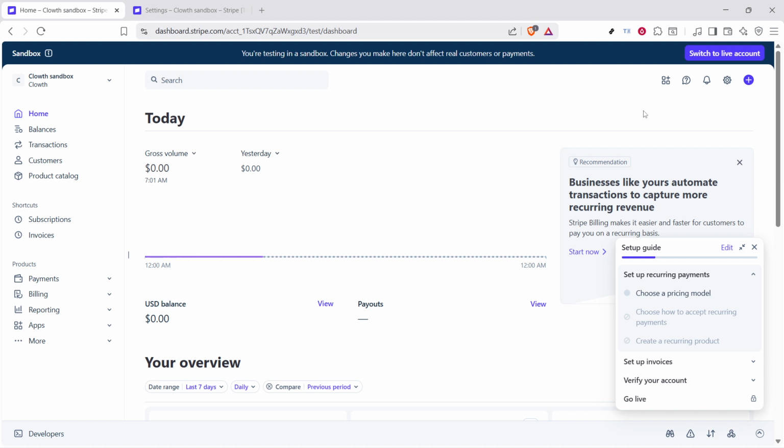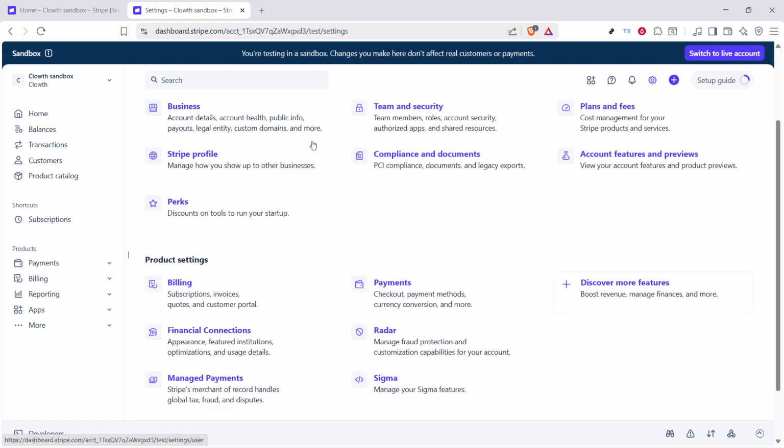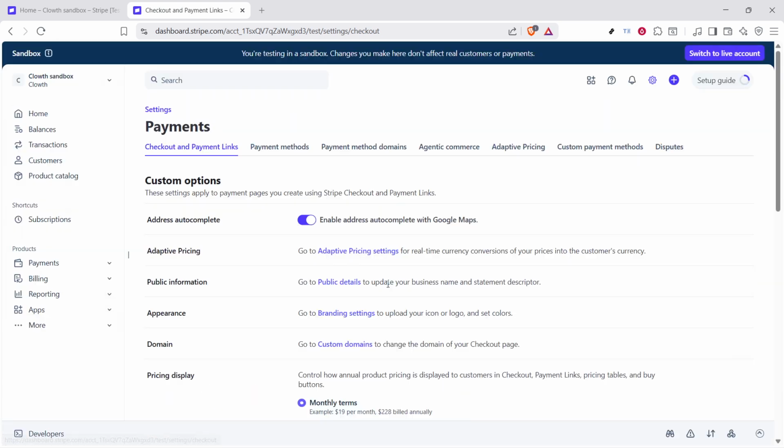Once you're on the dashboard home screen, look to the top right corner and click the settings icon. This is where Stripe keeps most of the account level configuration options, including payment preferences and checkout related features. After the settings area opens, find and click Payments. This section controls how your business accepts money through Stripe, so it's where you'll manage available payment methods and payment